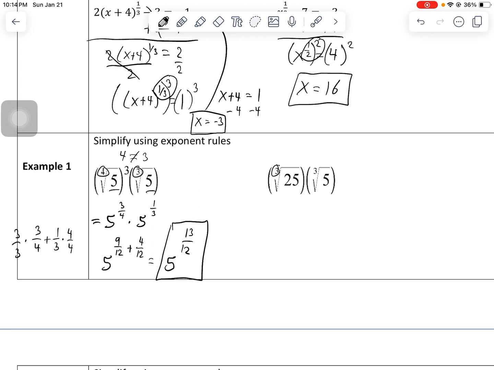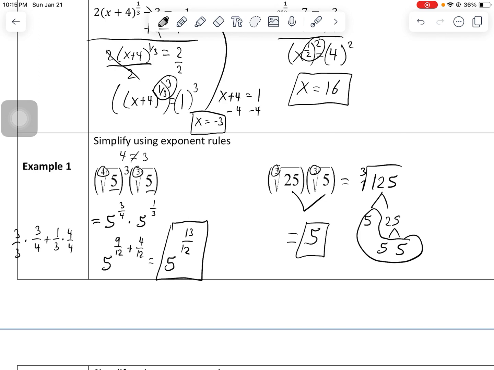This next one is kind of nice though, because note, they do have the same index. If the index matches, then you can go ahead and just multiply the radicands, the terms inside. 25 times 5 is 75, so we have the cubed root of 75. Then, oh, actually that's wrong. That is not 75, it's 125. And then 125 breaks it down into 5 times 25, like we just saw. And I know we could have shortcutted that. We could have recognized that we would have got 5 cubed,